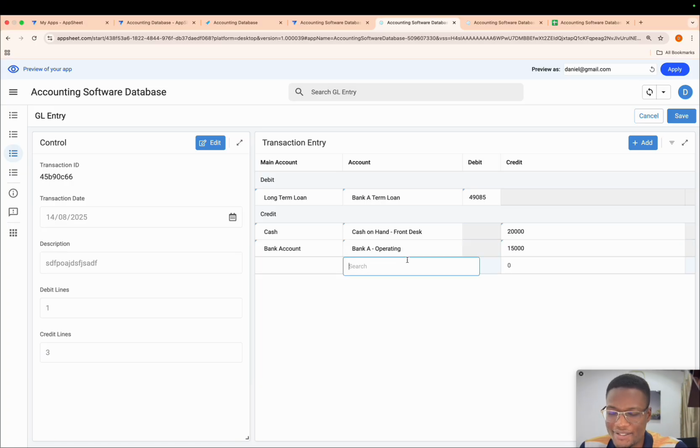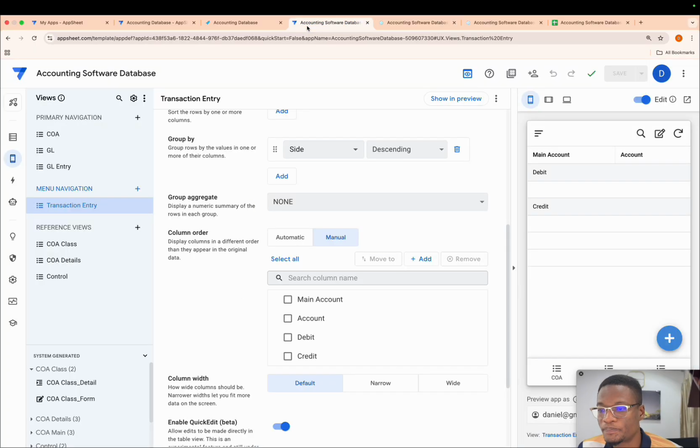You see, but at this hand, you can't really tell how much. Okay, debited is straightforward because it's easy. But then credited, you have to calculate 20,000 plus 15,000. So what we're going to do is we're going to have something like a total for the debit and credit. So the user can say that, okay, I've passed 49,000 in debit, I'm passing this amount in credit. So I can tell that it's debit is balanced or it's not balanced.